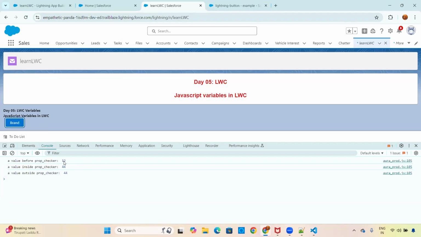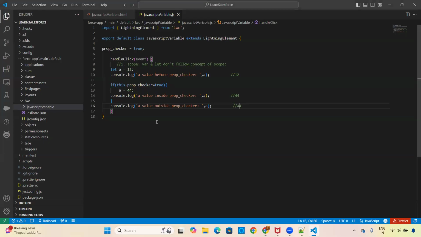See here, 12, 44, 44. Okay, hence proved, right? Now let me prove that const basically, if you